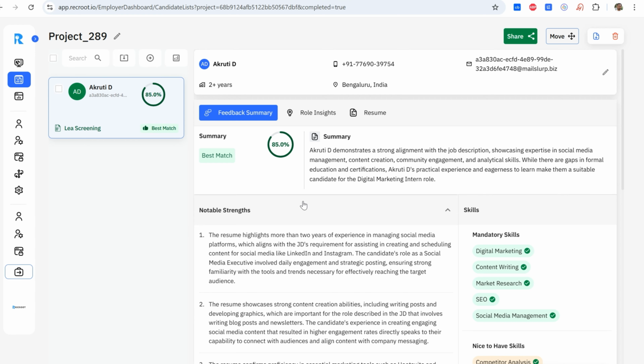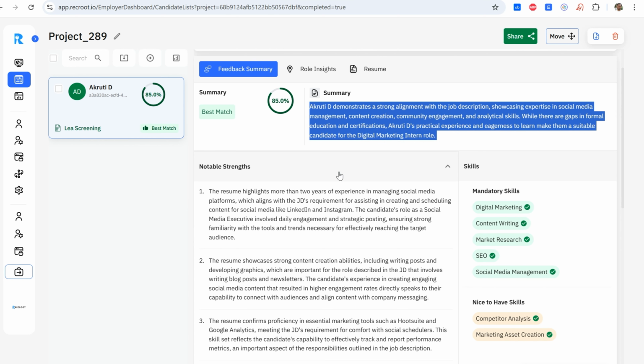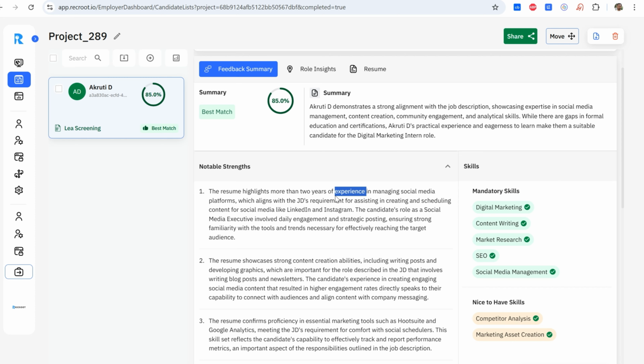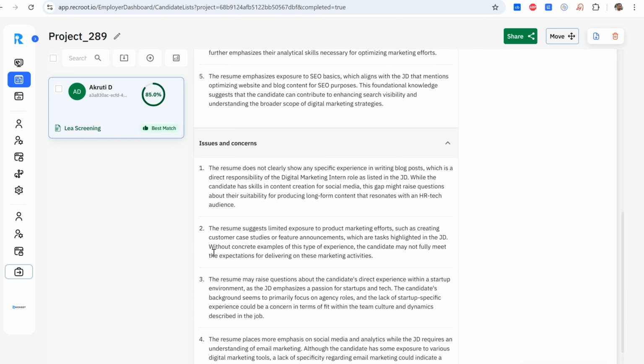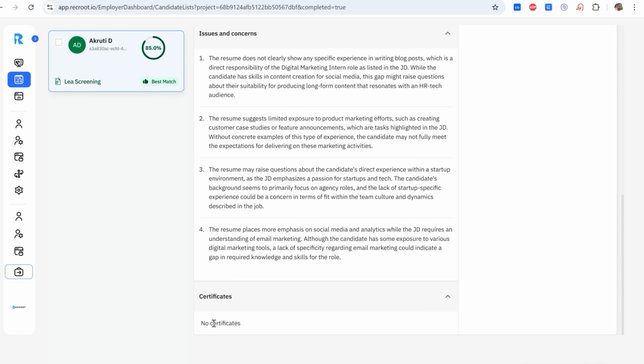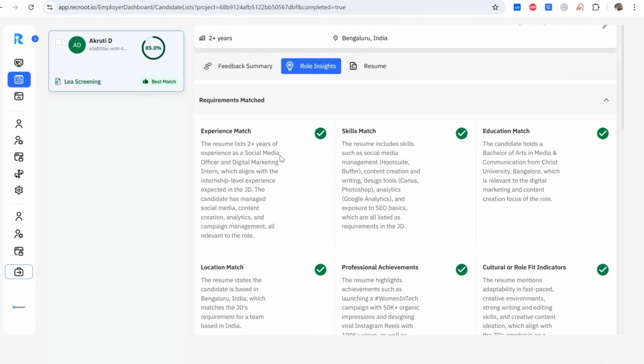For every resume applied, Recruit's AI will provide a brief summary of whether the resume is a good match with the job description. It will provide the notable strengths from the resume, compared again with the job description, any issues and concerns, any certificates found in the resume, and whether any mandatory skills and nice to have skills are listed in the resume, and then detailed role insights in terms of experience match between the resume and the job description,